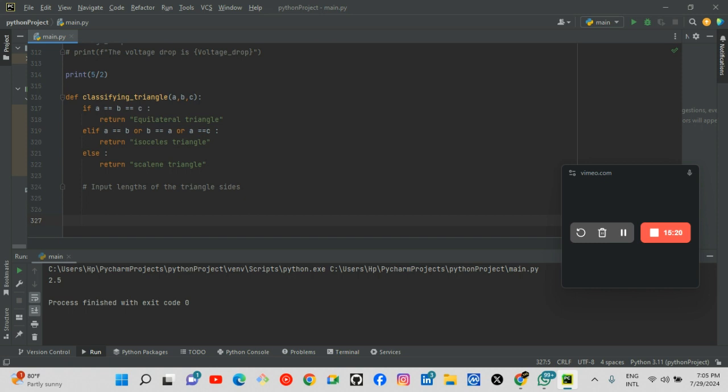So let's say A, you remember, let's make it float because we don't know if the user will want to be entering sizes with decimal points. So let's say float, then the user should input, and then let's say enter the length.